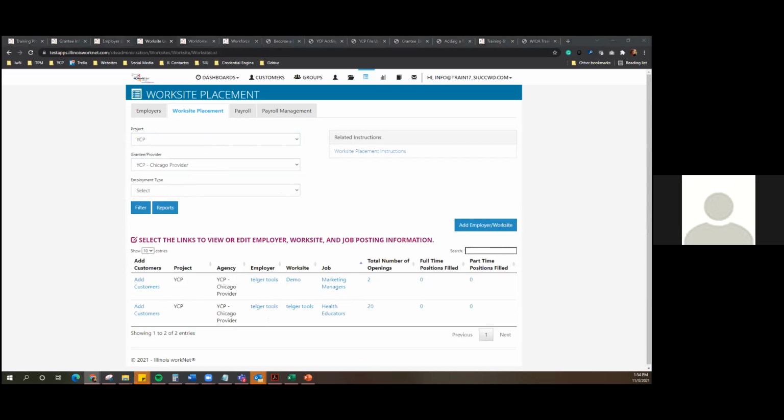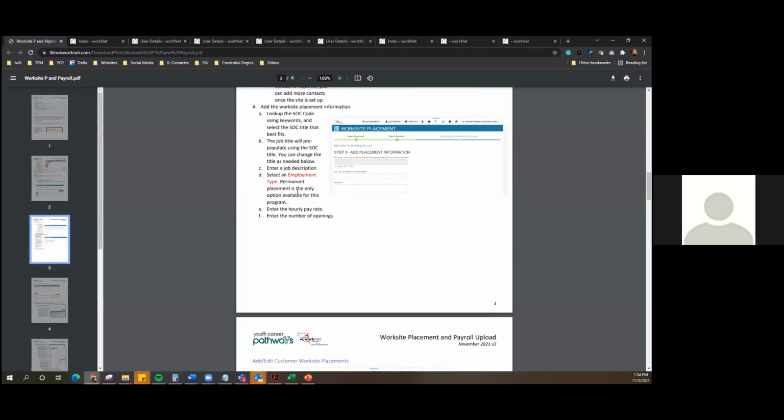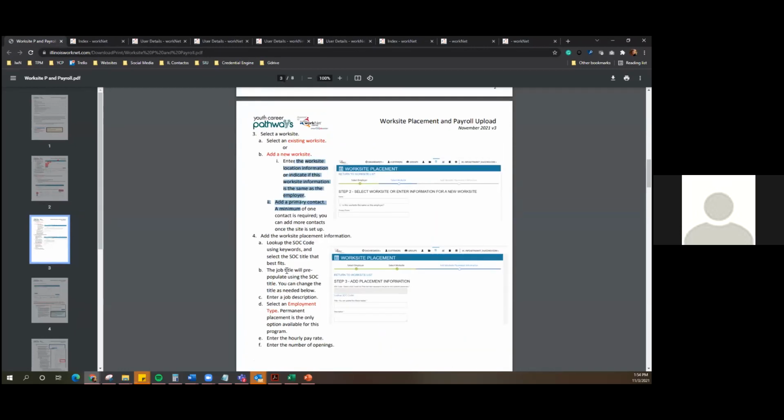And the instructions do a really good job of walking you through. You'll see it has screenshots and everything too. So if you get into a bind when you're adding it, I always recommend check out the instructions first. They were freshly updated. And then if you still can't get it, go ahead and reach out to myself, Kenneth, and Shannon.